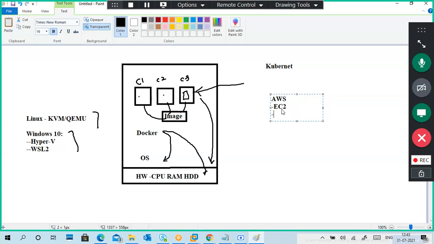Elastic Beanstalk, load balancer. For example, you create load increasing. For example, today I launch a new product in the market, like Flipkart or Amazon launches new products in a day, right? Like at 12 o'clock, flash sales kind of stuff. So load increasing. If load increases, I want to deploy multiple virtual machines so that I can balance the load. That is called auto balancing. Okay, auto scaling, auto elasticity, auto balancing service is there.